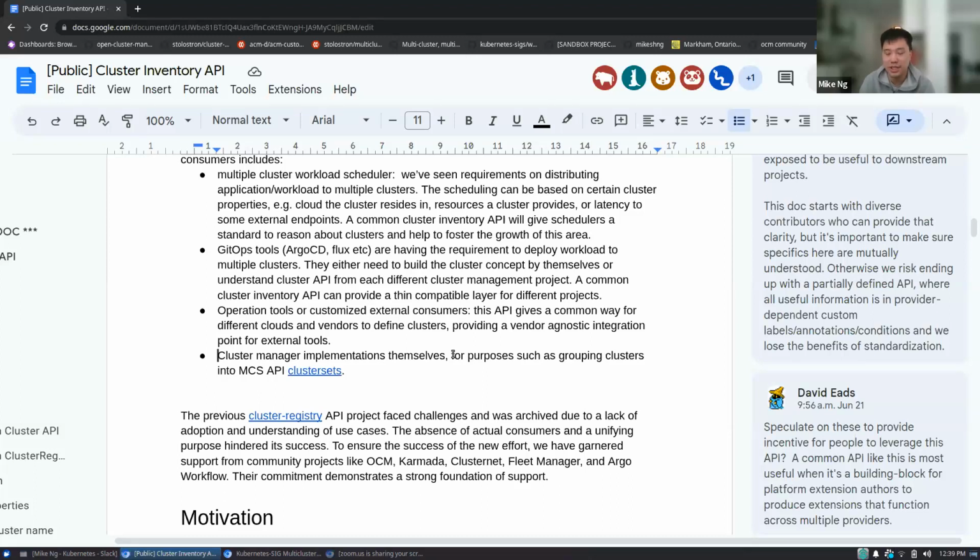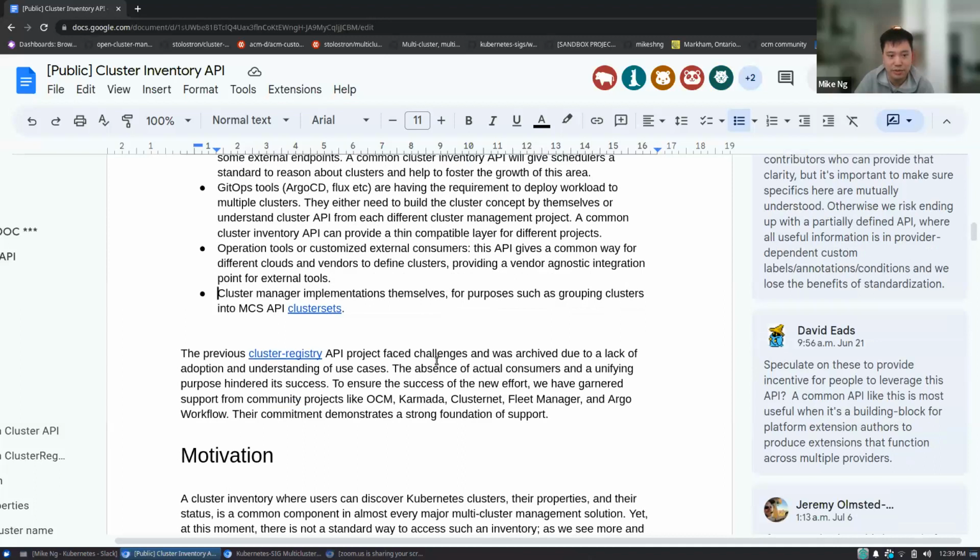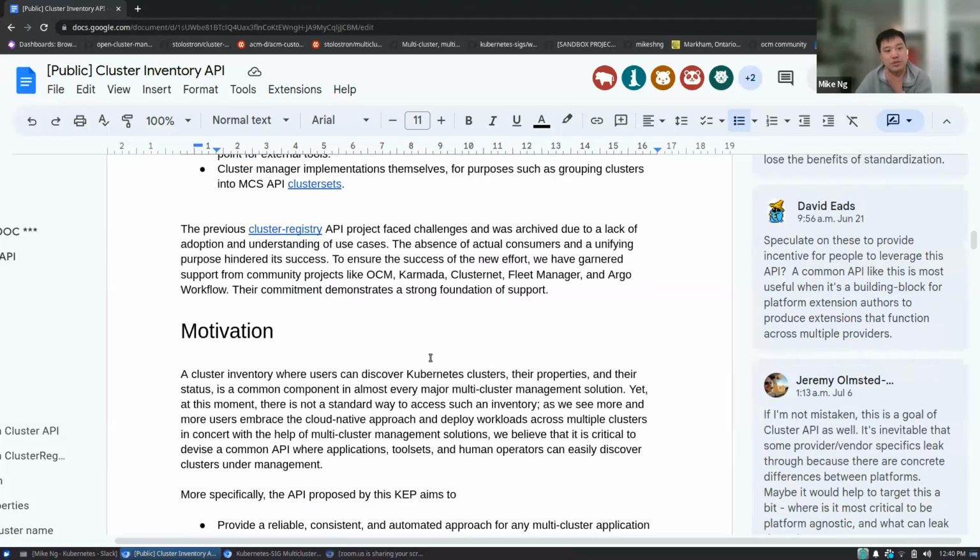The more consumers that show interest in this cluster inventory API, the better, because it will make it easier for us to shape the API, and then we can figure out more details and come to agreement on some of the standardization. So one of the immediate questions is, in the community, there was a cluster registry API project, and